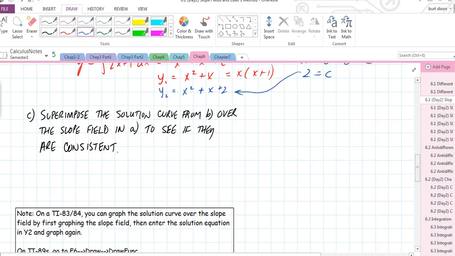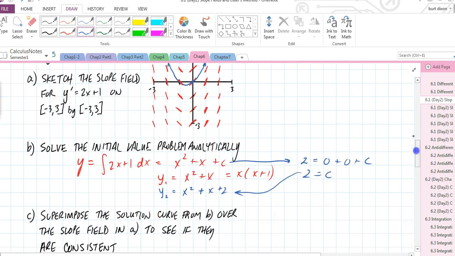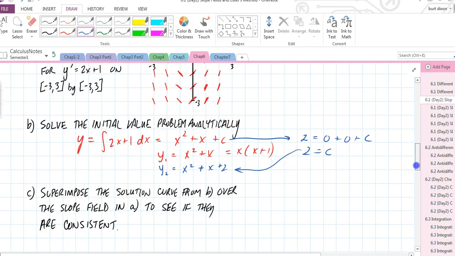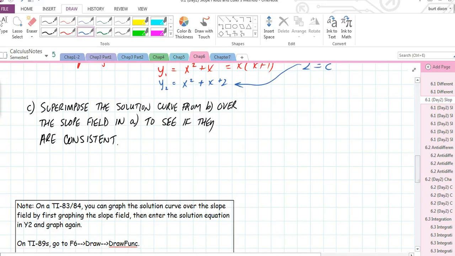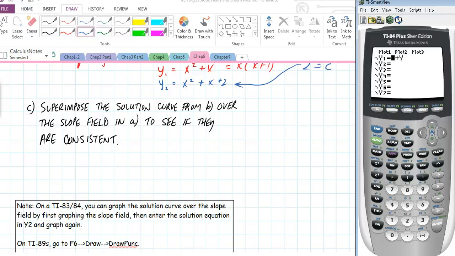Just like I did by hand here, I graphed the slope field and then I graphed the solution that I got, and we see that they fit pretty well. So if I repeat the same process on the graphing calculator, it would look like this. I go to y equals, I put in my differential equation, which in this case is 2x plus 1, and I'm not going to press graph, I'm going to press program, slope field, enter. It graphs the slope field,